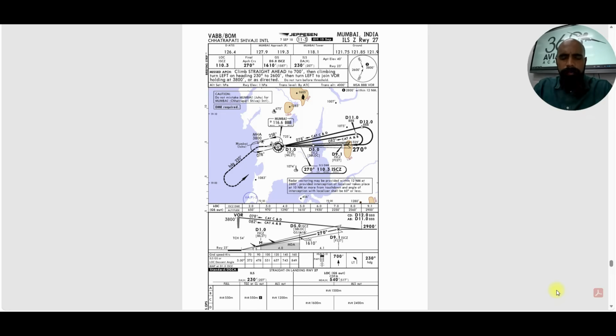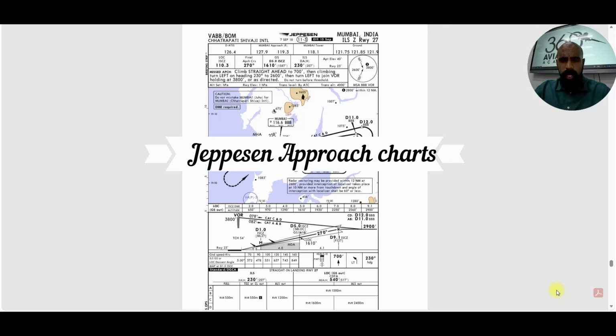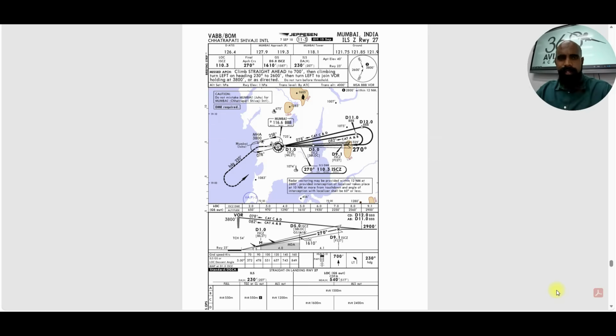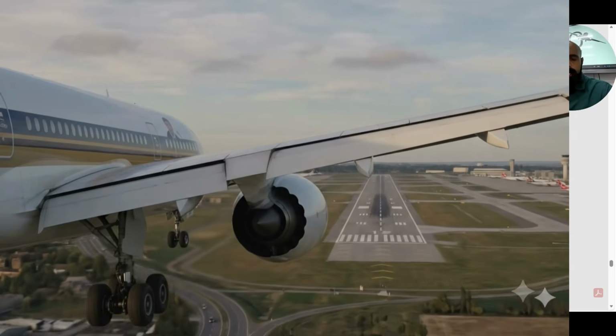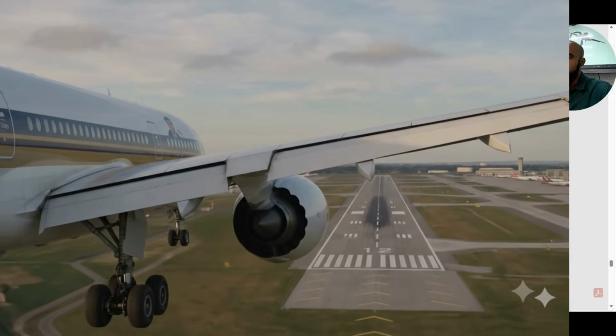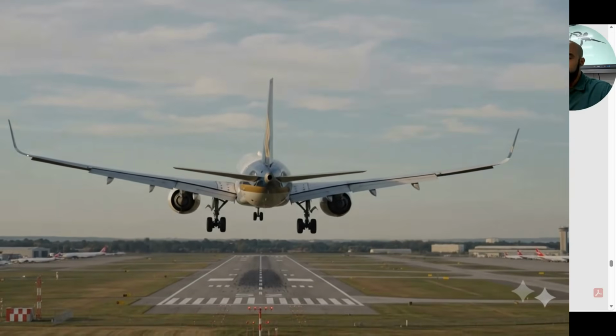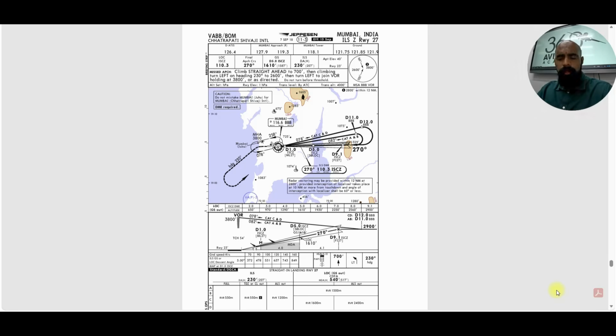Welcome to 360 Aviation. Today, let's do a deep dive into the Jeppesen charts. Now, what are Jeppesen charts? We as pilots use it to conduct an approach into airports, to taxi. Even for en route segments, we utilize these charts, which are basically representations of the procedures and arrivals into various